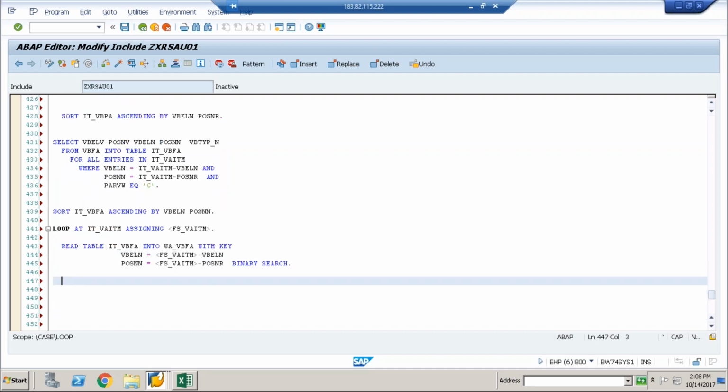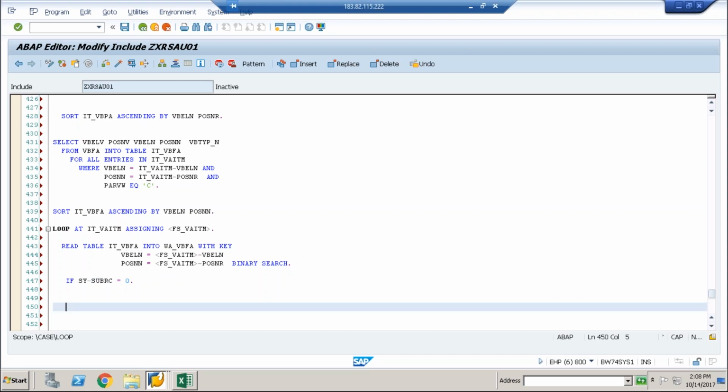Now after reading the statement, what do I have to do? I have to check whether the read operation is successful or not. Then only I will append the values, I will pass out the values, right? Otherwise, why should I pass out the blank values unnecessarily? If sy-subrc equal to 0, then only